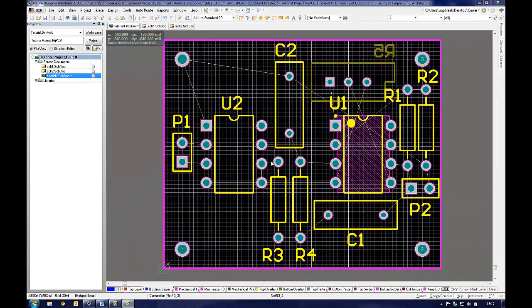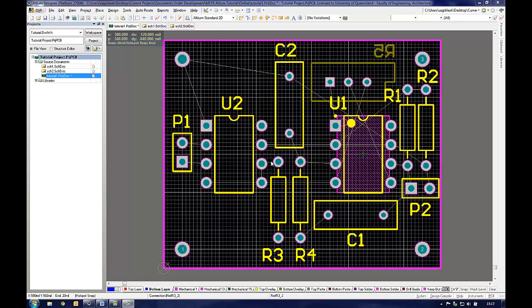The most common tool used to route tracks between pins is the Interactively Route Connections tool located in the toolbar. Altium has an auto route function that is a highly useful tool. However, the use of auto route requires in-depth knowledge of PCB routing and the rules must be set very precisely. The use of Interactively Route Connections is highly recommended for inexperienced users of Altium until they develop experience of PCB design. Before selecting this tool, make sure that all the components have been carefully placed on the PCB